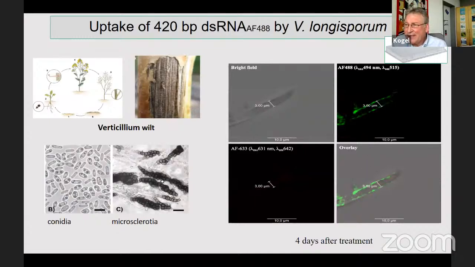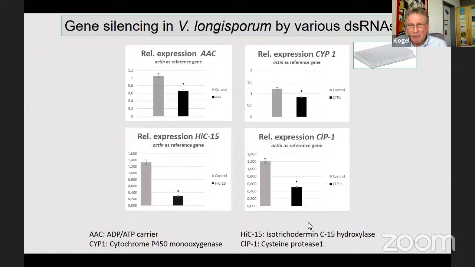This is very clear, indicating the long double-stranded RNA is taken up. This is the second step that you have to demonstrate, and that is not only uptake, it's also gene silencing by those specific double-stranded RNAs. And when we generated double-stranded RNAs against these genes, you see here, I don't go into details, different target genes